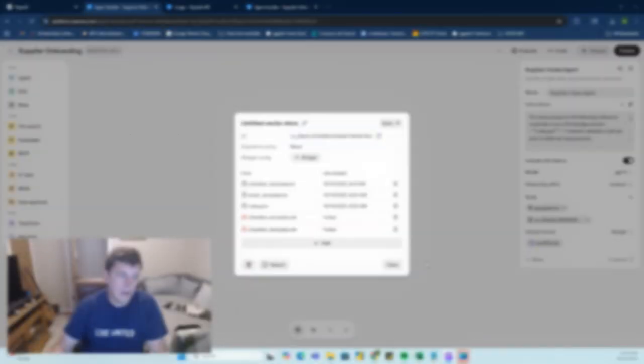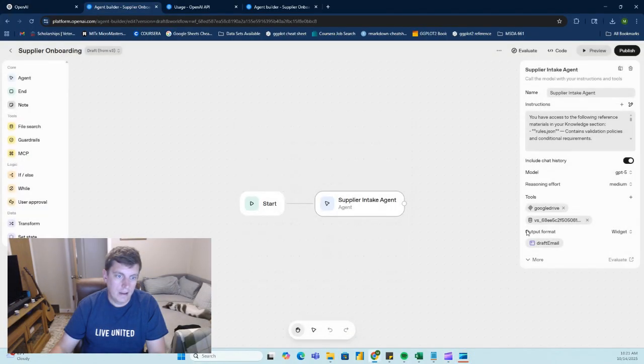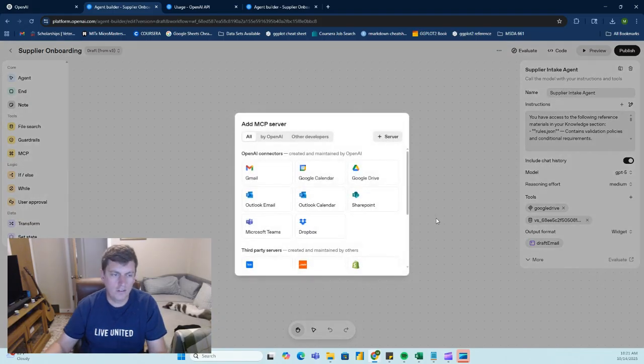Now we'll go ahead and understand how we've connected the Google Drive. How we do that is this Model Context Protocol server, MCP server. That's essentially just a way in which the large language models can communicate with real-time outside data across different applications. So now you're not just tied to this one prompt window. You can connect entire systems to